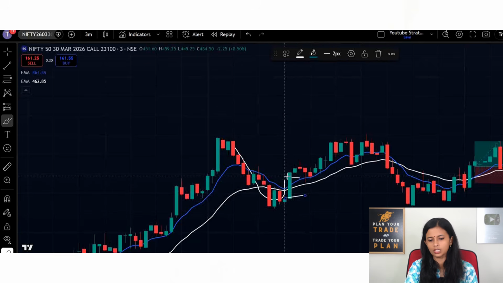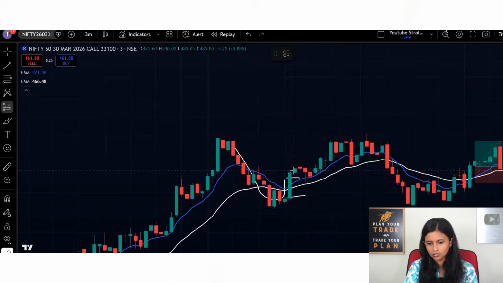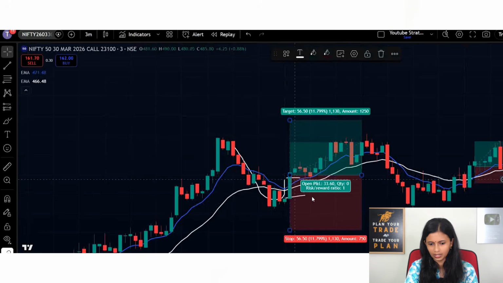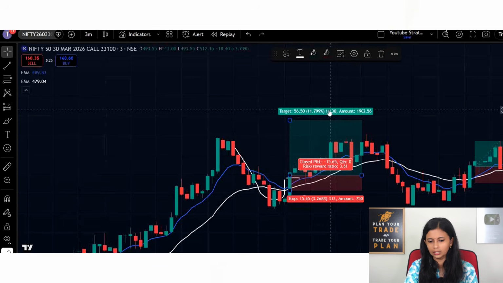And you can see when this breakout happened, this 9 EMA is above 21 EMA. So this is a good time to take the entry. You can enter as soon as this candle closes, that is somewhere here. You can keep the stop loss just below the 21 EMA, and you can go with